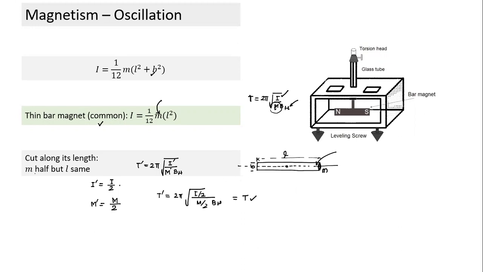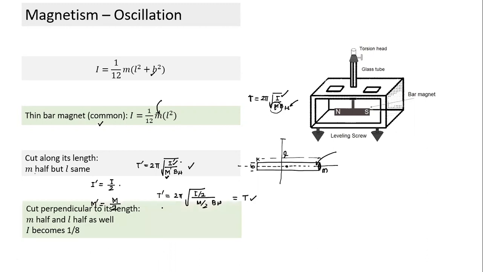In any such case we can solve. This question is nothing but finding the new value of I and the new value of M. And we have done yesterday how to find M when we cut or add. We can make any modification. We can add another bar magnet perpendicular, we can cut and place perpendicular, whatever arrangements we can make. We should know how to calculate the new value of moment of inertia, and the new value of magnetic dipole moment. Rest all is substitution in the formula, and they're simple questions.